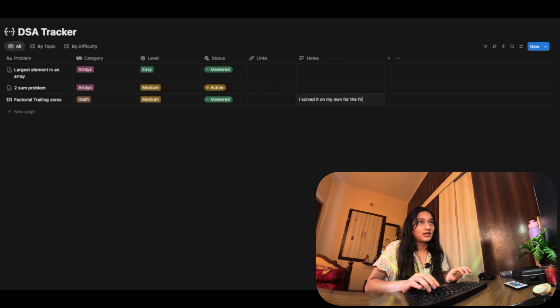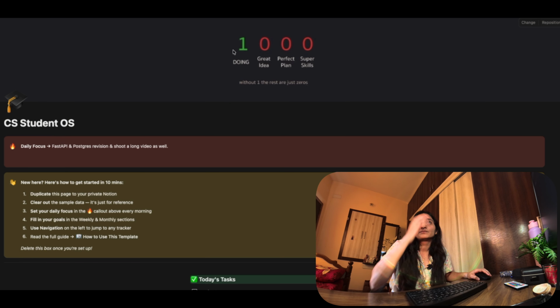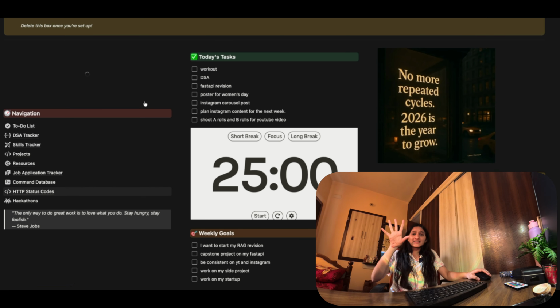time. Happy. And then I'm gonna also add, and then comes the skills tracker. So yeah, skills